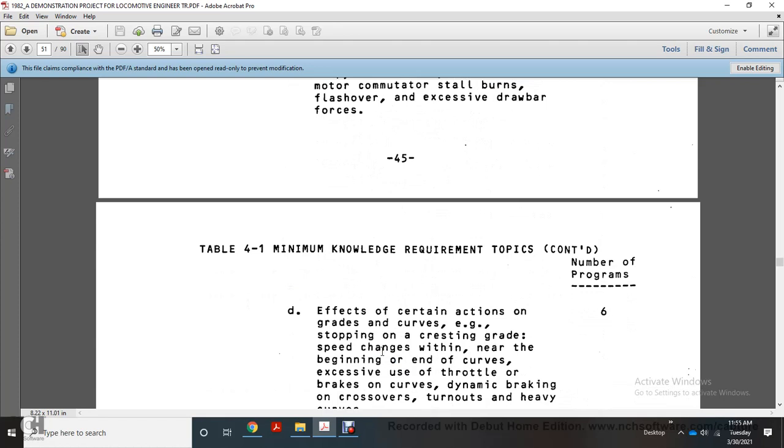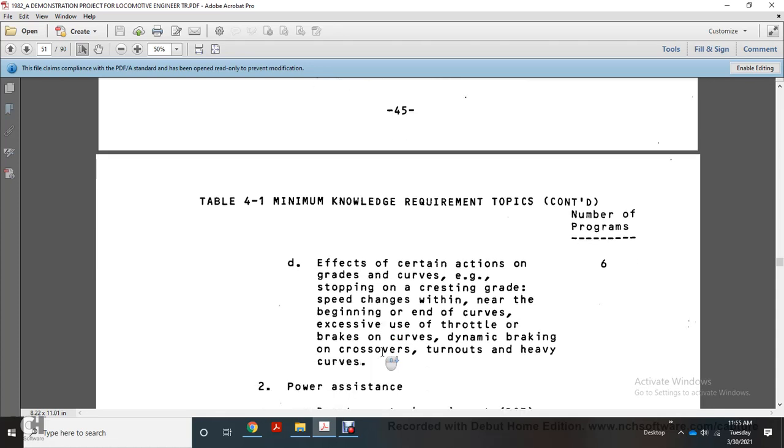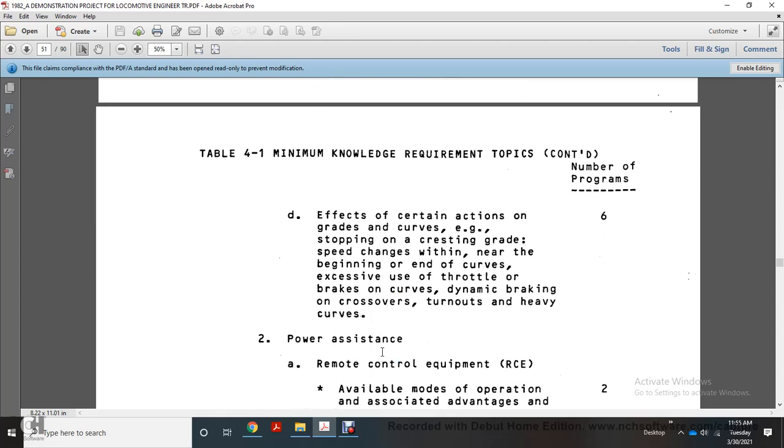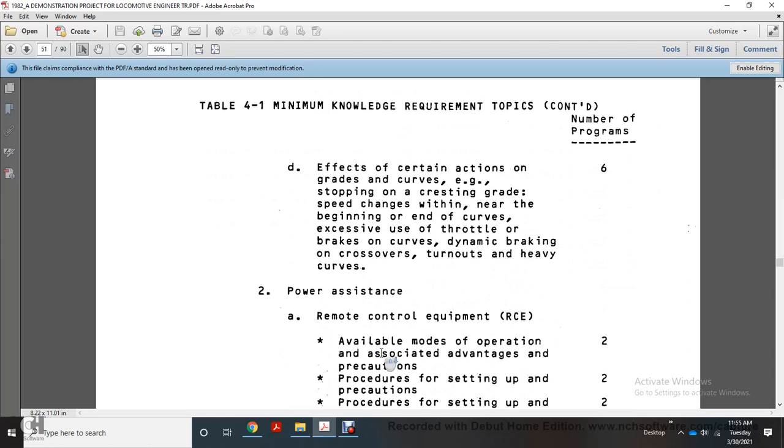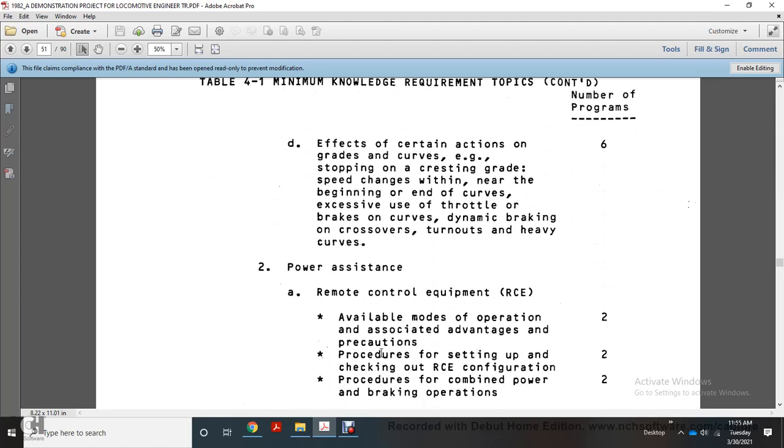Effects of certain actions, grades, and curves: stopping with the crescent grade, speed changes near the beginning or the end of the curves, excessive use of the throttle, brakes for the curve, dynamic braking or crossover of turnouts or heavy curves. Power assistance, remote control, equipment available, the modes for operation, associated advantages, precautions, proceed with